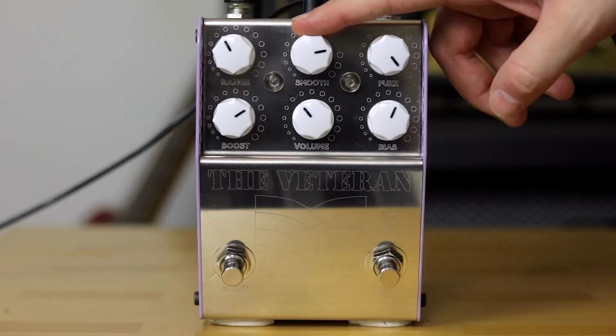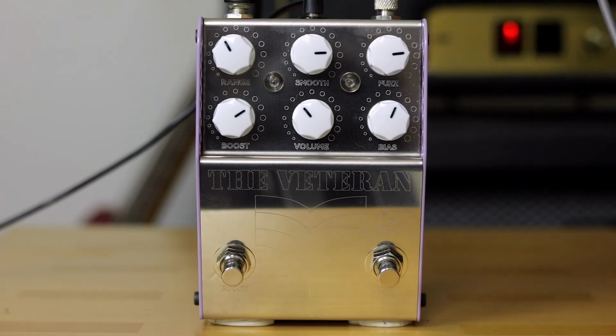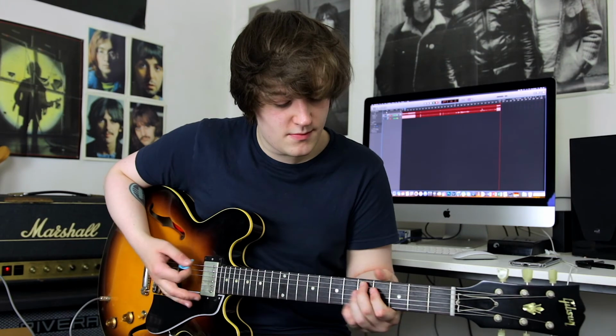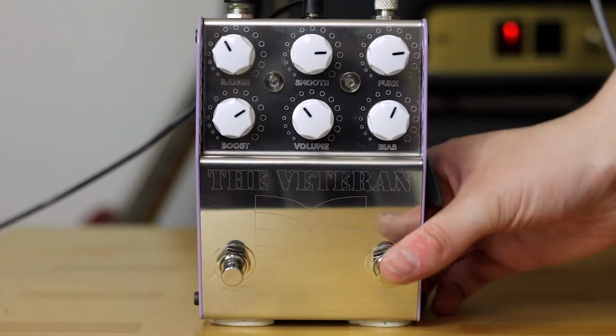Okay, so now I've plugged in my ES335 so you can hear how it sounds with humbuckers. So let's pull the smoothing down a bit, gain around there, so straight into the amp. So as you can see, the humbuckers are already pushing the amp a little bit more, but it's still fairly clean. So with the fuzz on,